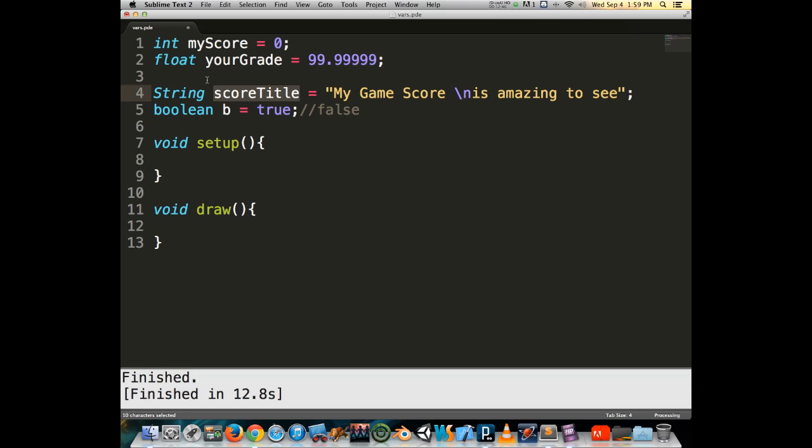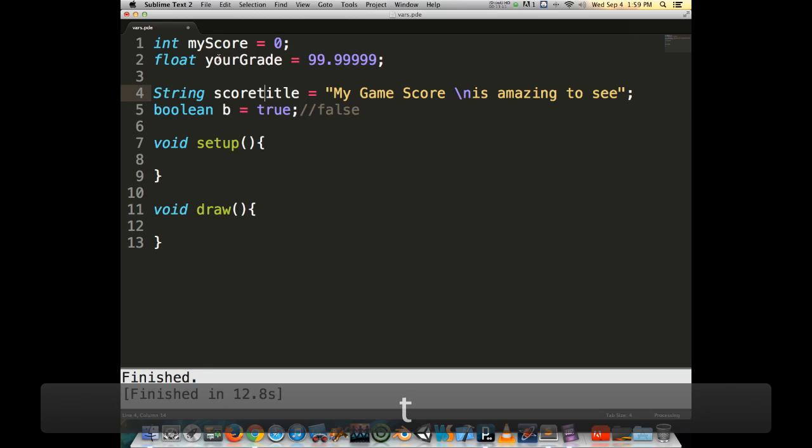And when I name them, I have these multiple word combos going together, but I use a notation referred to as Camelcase. So I have score title. I leave the first word lowercase, and then I capitalize the first letter in the second word or third word or fourth word, because otherwise when I look at it